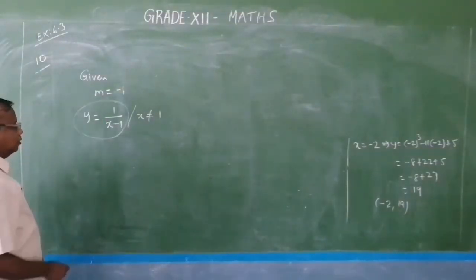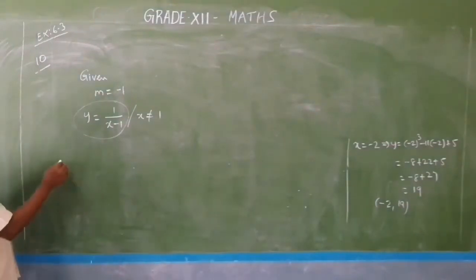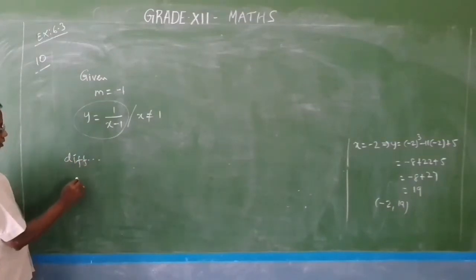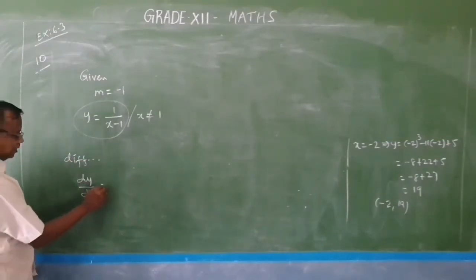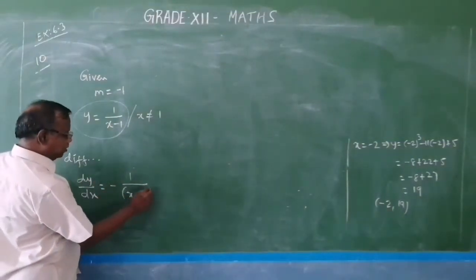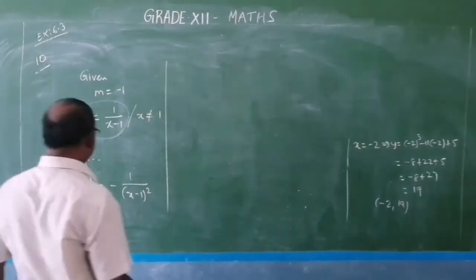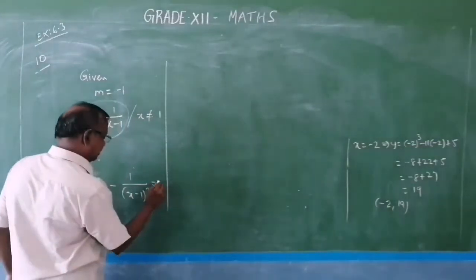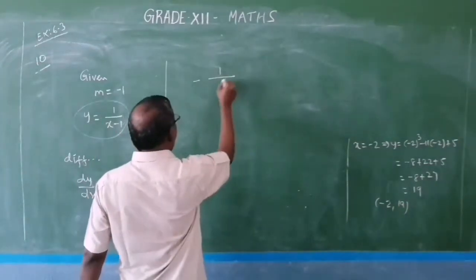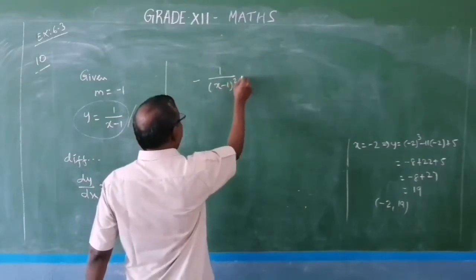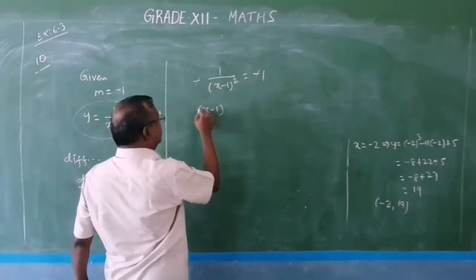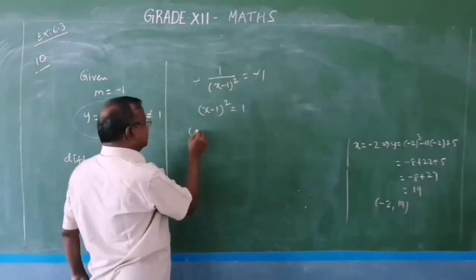Now, given the curve is y equal to 1 by x minus 1. So, differentiating the curve, we have dy by dx equal to, you know already, this is minus 1 by x minus 1 the whole square. Now, which is equal to m, say. Since the slope is already given, we have minus 1 by x minus 1 the whole square equal to minus 1, which means x minus 1 the whole square equal to 1,